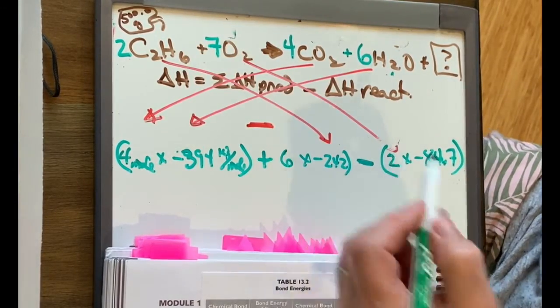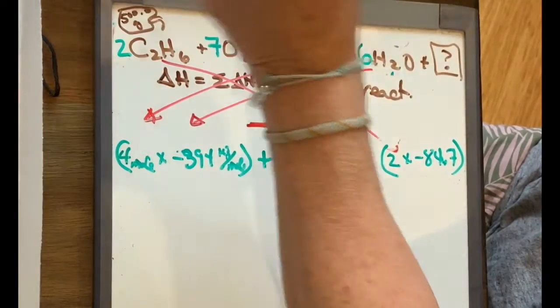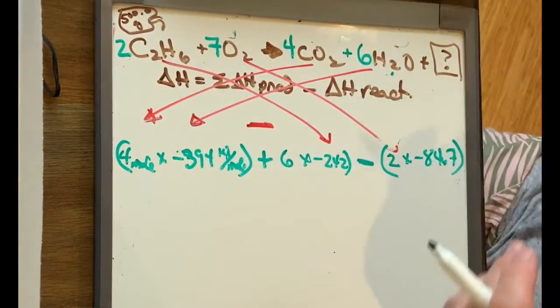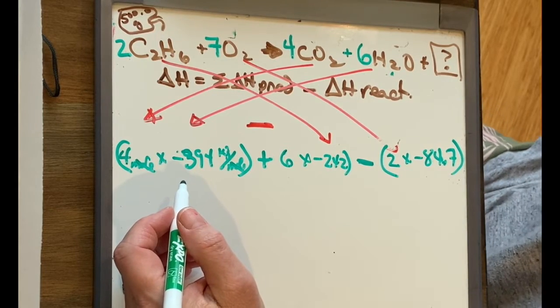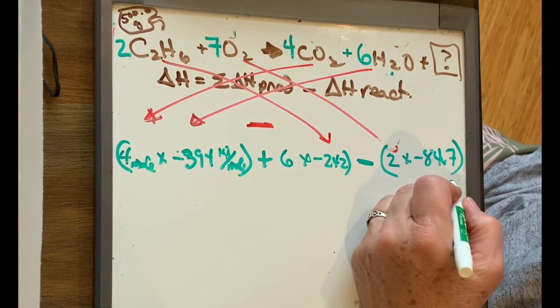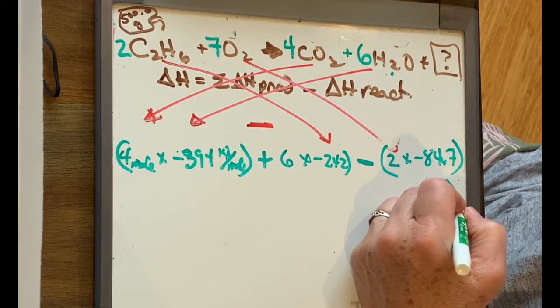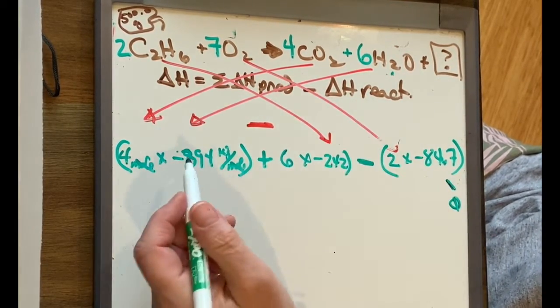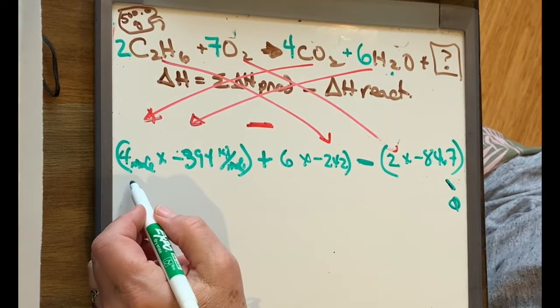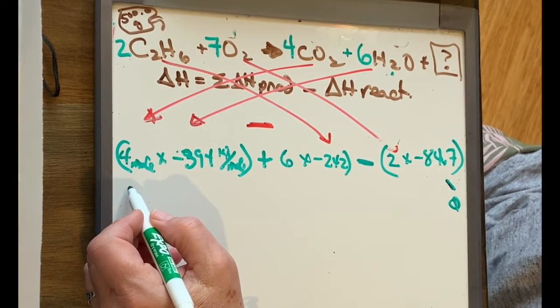And the O2 does not have any energy because it comes that way. Since it comes that way, we're not looking for energy from that. But we could say minus 0 if we wanted to, just to keep track of all of our parts. So then we go ahead and multiply that out, and we get minus